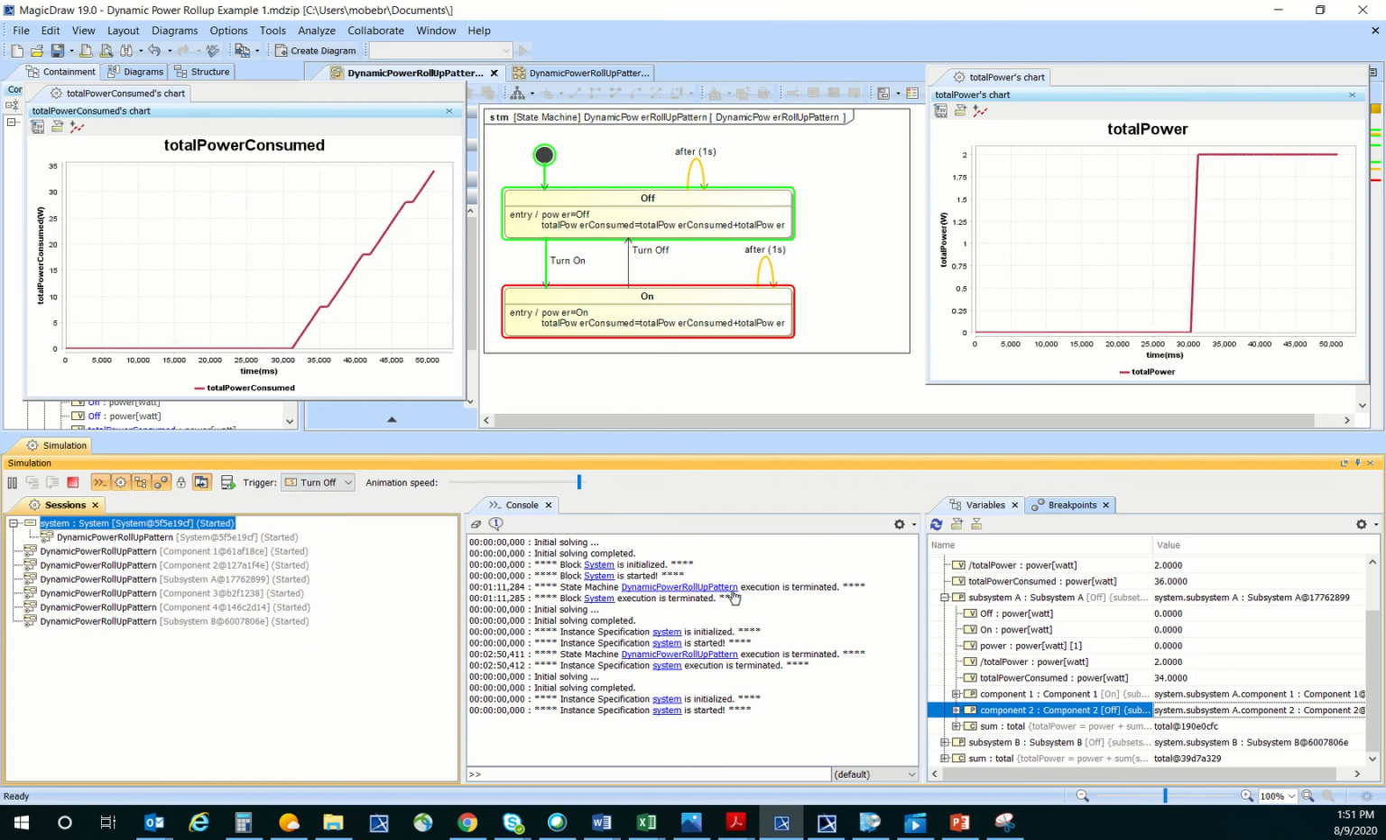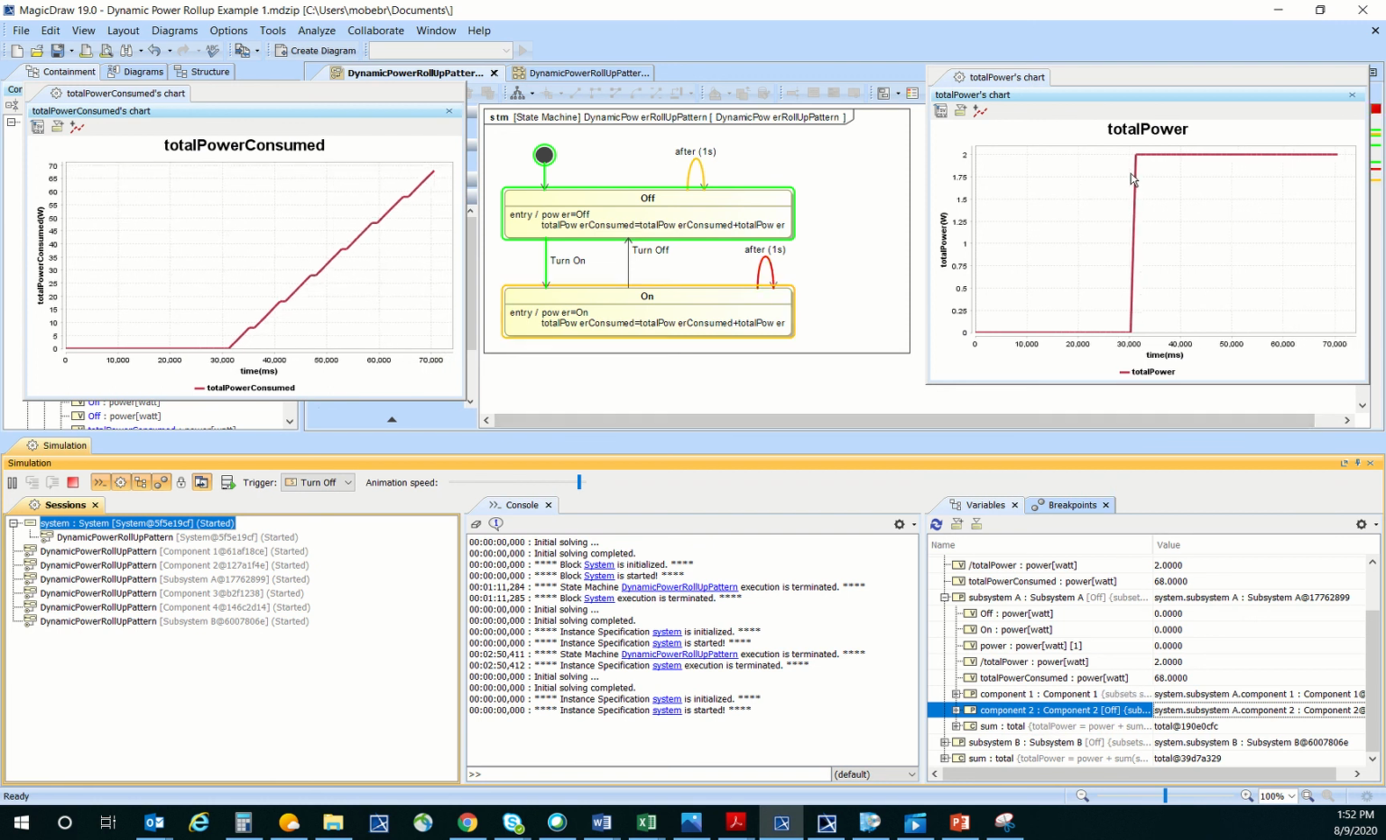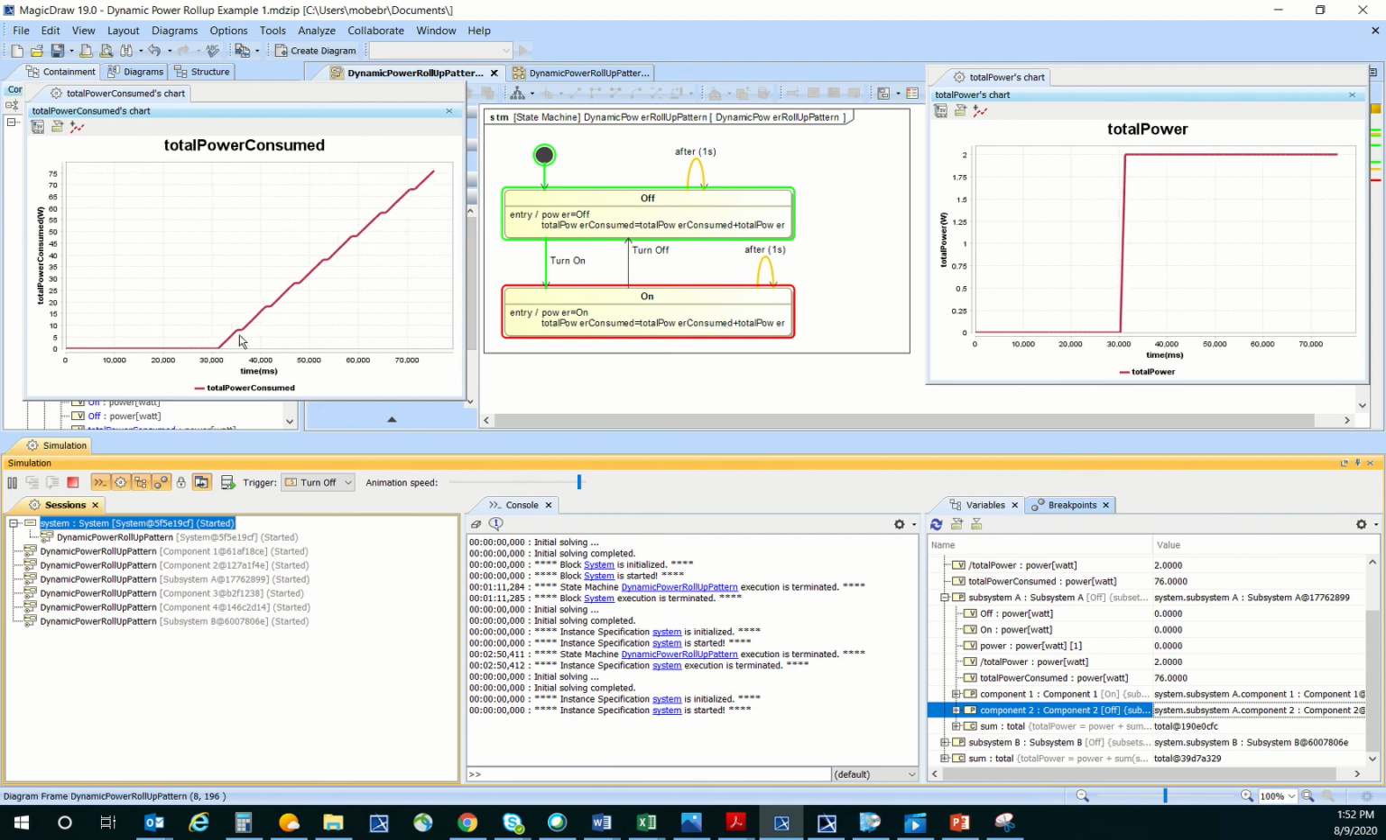So it's not allowing me to send that turn on signal because it's doing both of these transition to selves at the same time. So what we can do is create a graphical user interface where we can actually send these signals and it'll work a little bit better. But before we get to that, let's look at what we have happening now. So we have component 1 is on and it's consuming a total of 2 watts. And then our total power consumed is actually adding that 2 watts every 1 second. So we've now consumed about 90 watts of power,